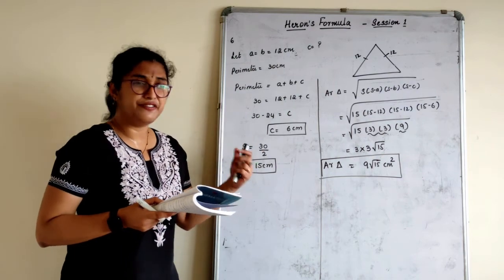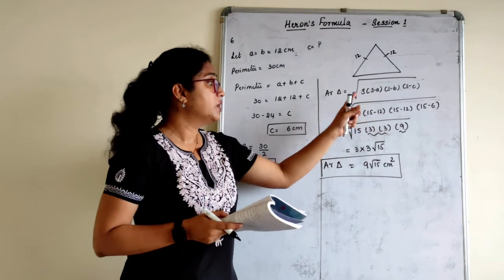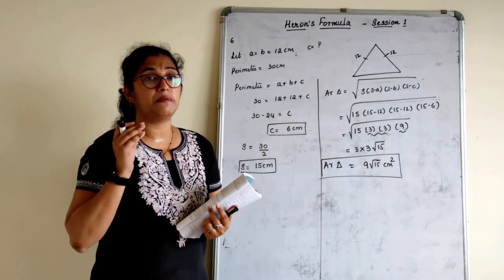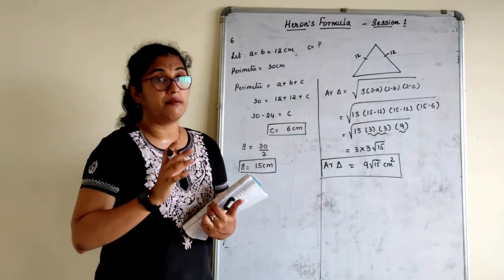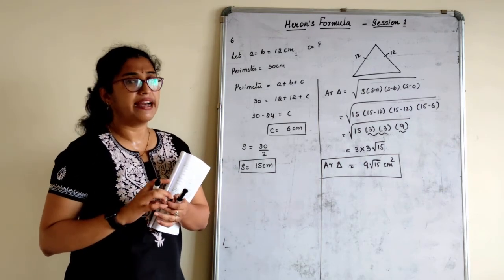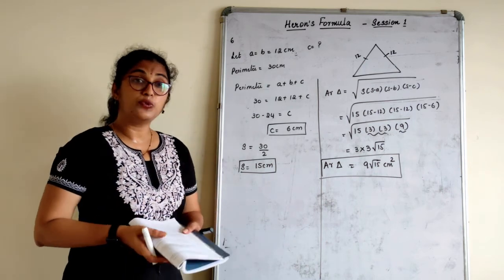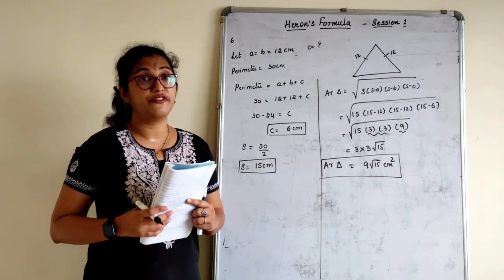I hope the sums are very simple to understand. Calculations are also very simple here. The only thing you should know is to break down into simple terms, in terms of a root and a number, that will be very perfect. You will not have big numbers in calculation. As much as possible, you have such smaller numbers only. So with that, we complete today's session and first exercise.